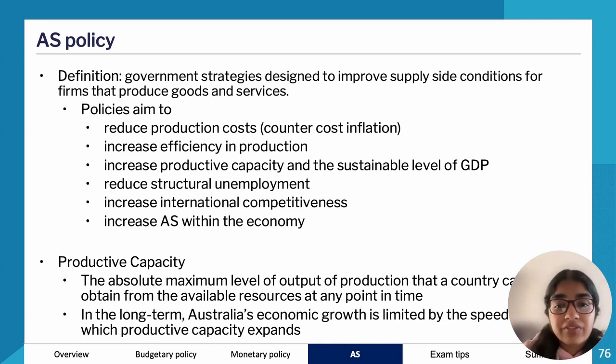Because let's say we have very, very strong aggregate demand, right? So let's say our aggregate demand is super strong, it's going really well. But if supply cannot keep up with that level of demand, then we're going to have problems. So what that's going to cause is shortages. It's going to cause lots of inflation because of those shortages, and it can be really, really unsustainable. So we want to make sure supply can move with the levels of demand.